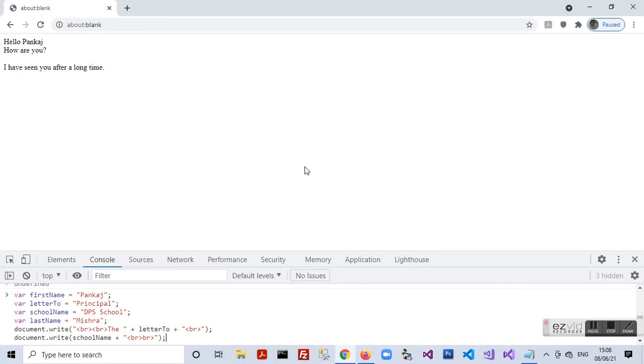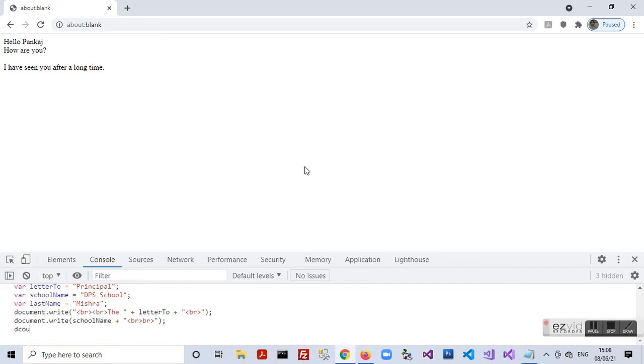So here we write in the next line, document dot write respected madam, comma, and again we give two break tags to give one blank line below respected madam. We put in a semicolon after this, press shift plus enter,